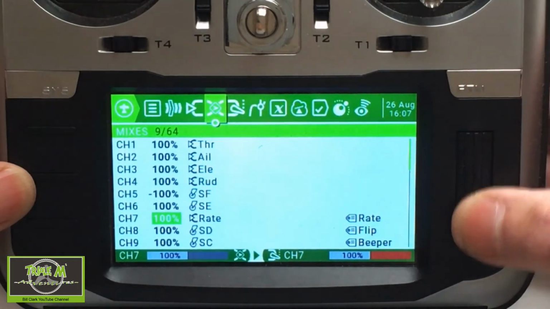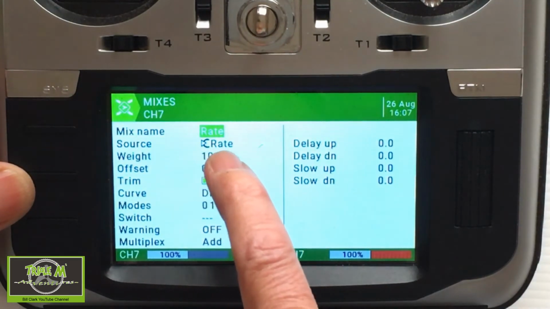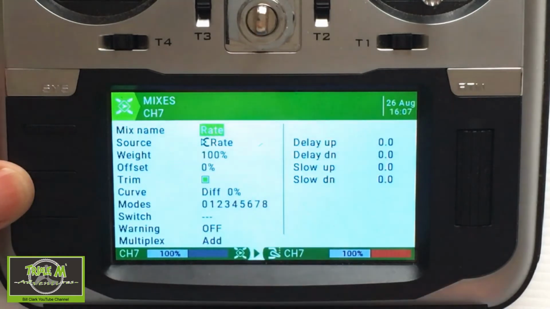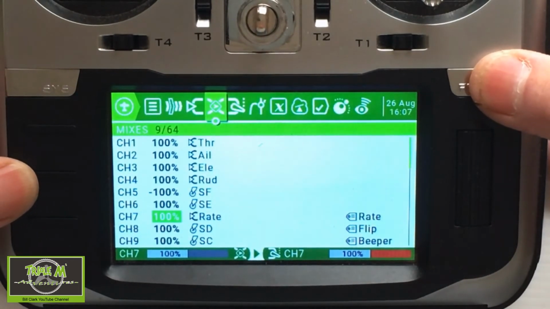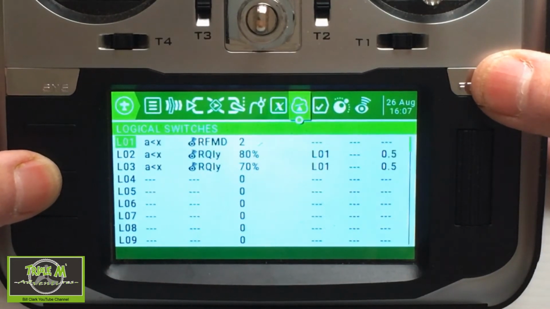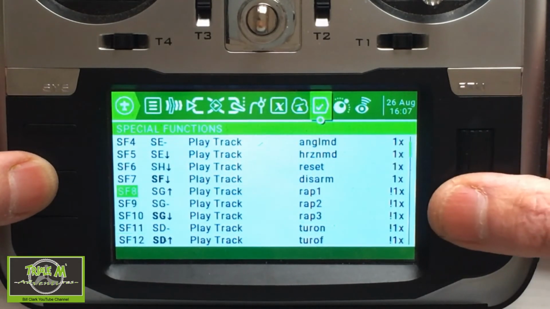Then, let me just reiterate there. Obviously, this source is the input source. That's the sign for input. Righty-ho. Then it's a matter of going on to our special functions, and you can see I've set the special